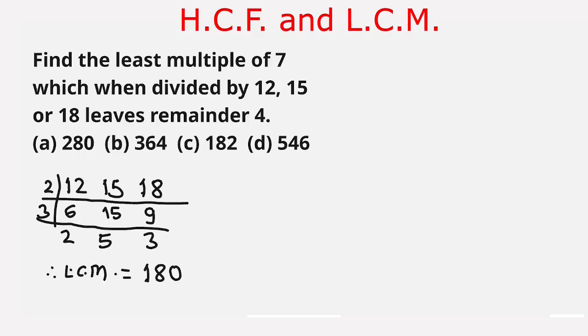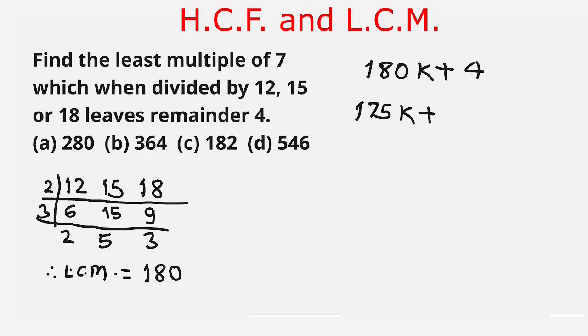And it is given that the number when divided by 12, 15 and 18 leaves remainder 4. So we assume the number as 180k plus 4. As 180k will always be divisible by 12, 15 and 18, since the LCM is 180, and the remainder will always be 4. So we have to add 4 to it. So that will be our number and this number must be divisible by 7. We write 180k as